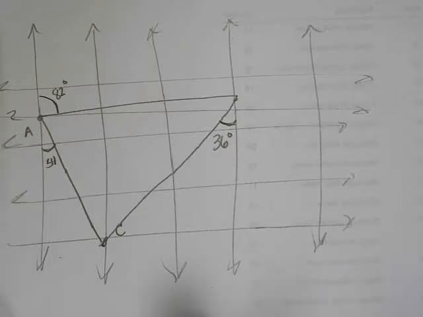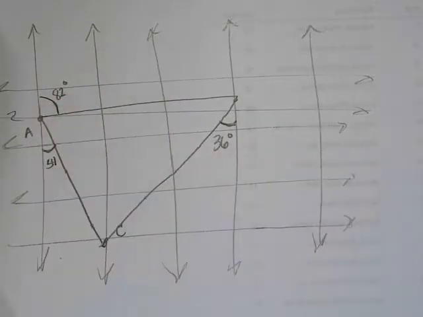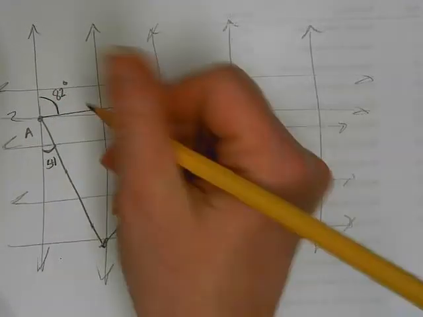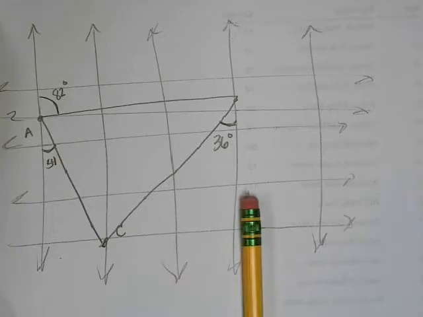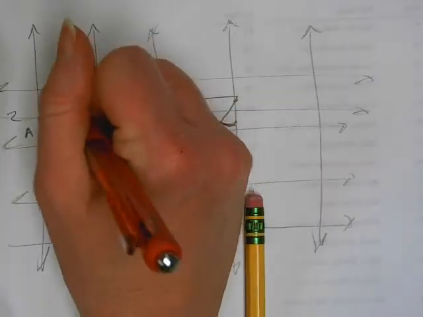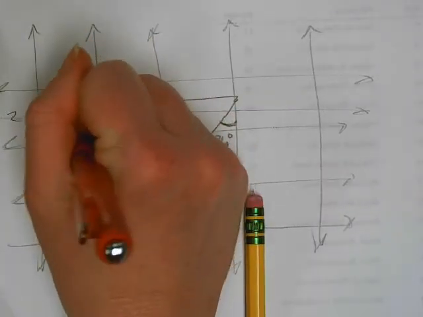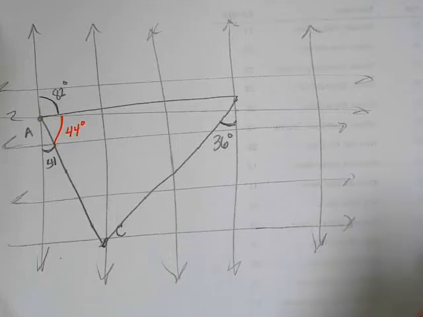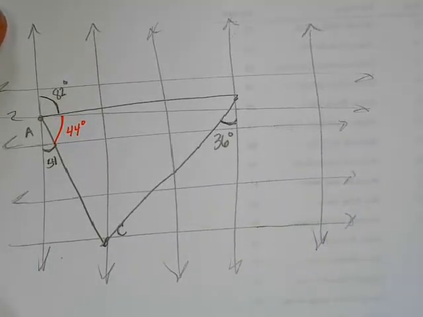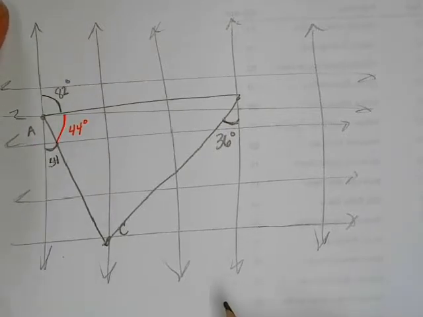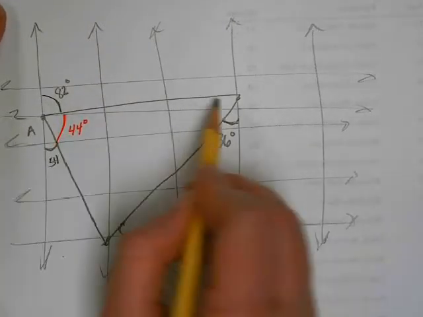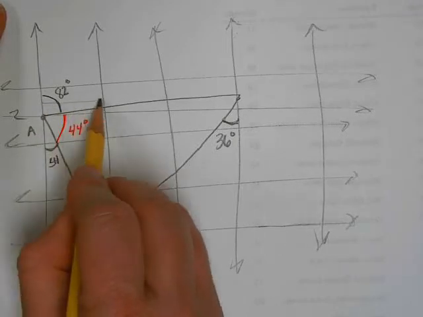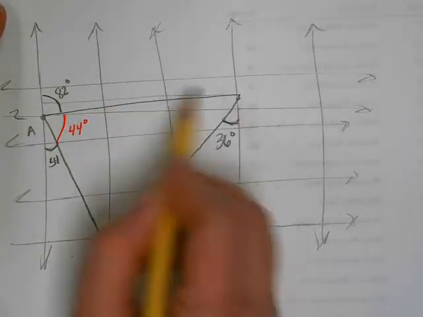Okay, so now this is 180 degrees. That makes this missing piece, I'm going to write these in color so I can see the inside of my triangle, that makes this piece inside of the triangle 44. Okay, so now I can draw east-west lines wherever I want them to be and figure out missing pieces. This one I think is the easiest one to help me. If I draw this east-west line,